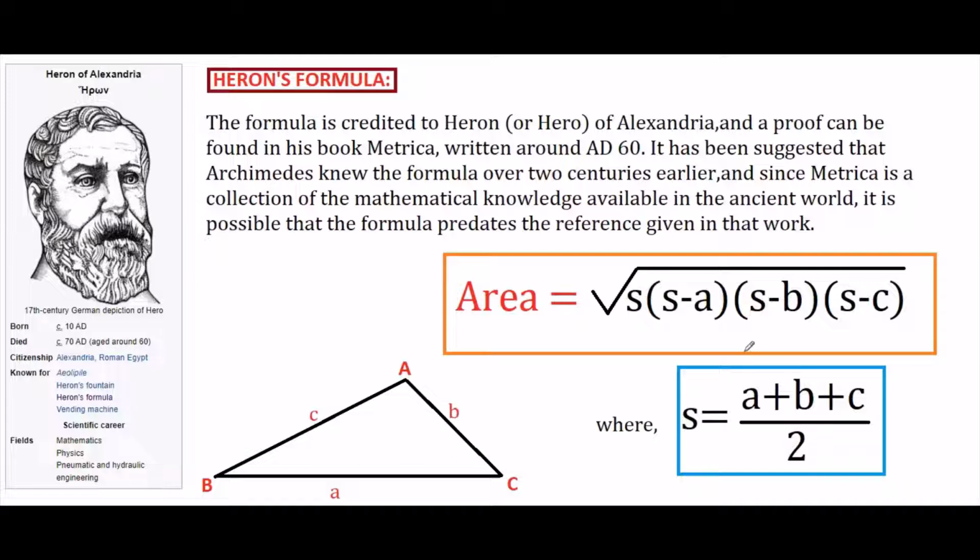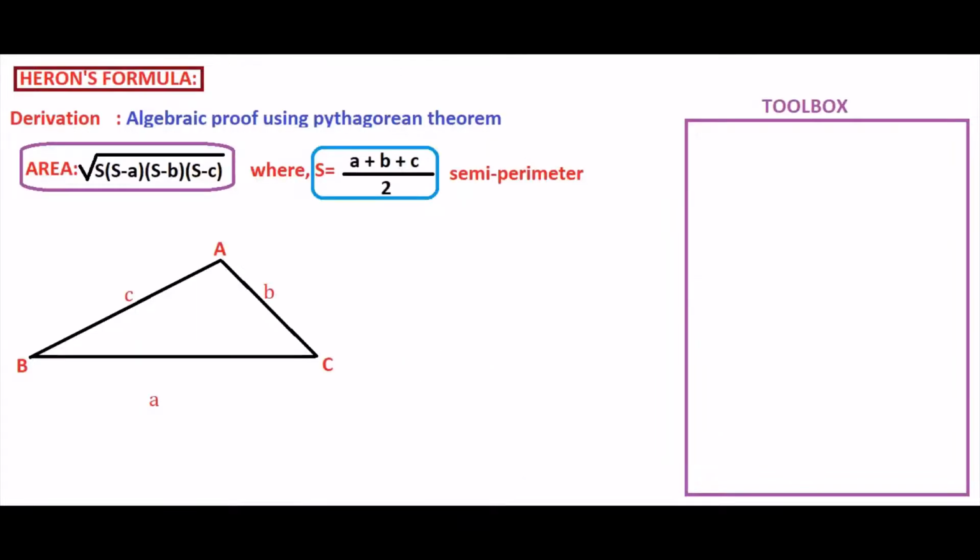Let's go ahead and see the algebraic derivation. There is a trigonometric derivation and some other alternative derivations as well. Today we're going to use the algebraic derivation. Let's start by constructing triangle ABC. In this triangle, the sides are little a, little b, and little c, across from the vertices A, B, and C